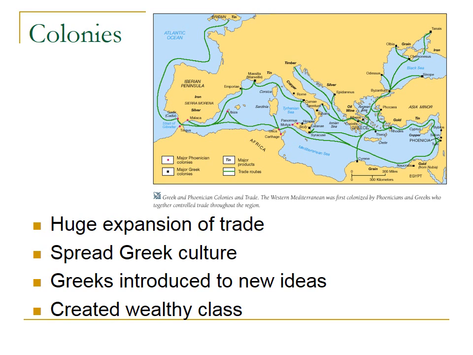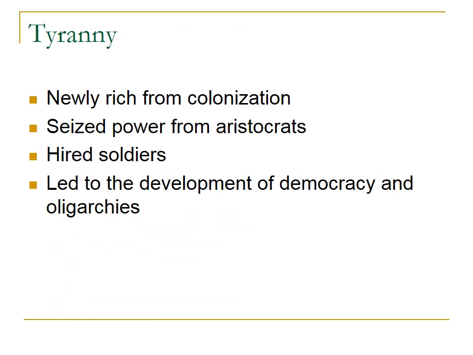What does that wealthy class want to do? Well, obviously they want to control politics. And so we enter into this time period where the Greek city-states were being ruled by what was called tyrants. The tyrants were these newly rich people from colonization, and they took power from the old aristocrats, and they would